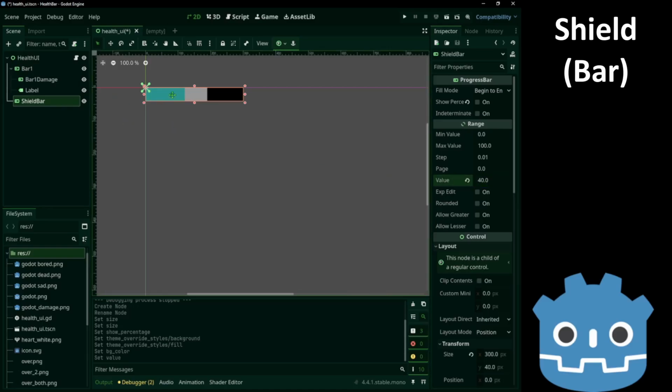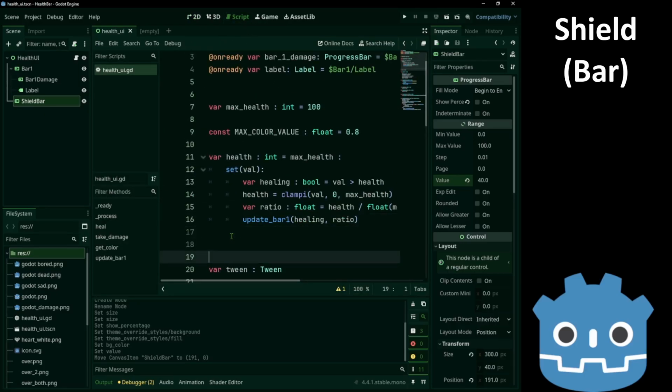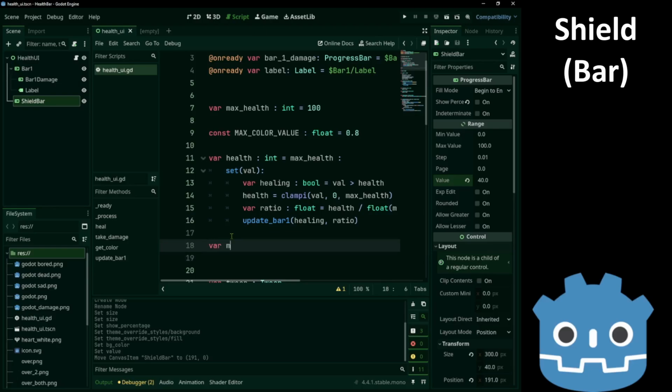Now what I want is for the shield to always follow our health. So if we are at full health, it will be over here. If we take damage, it will be right after the green part. So in order to do that, we go to our script, we create 2 more variables.